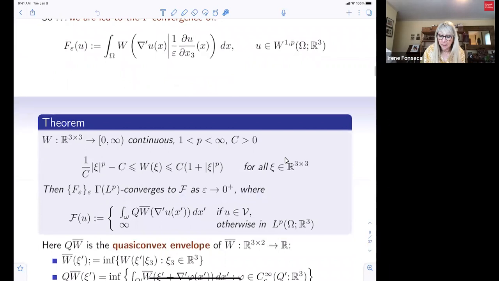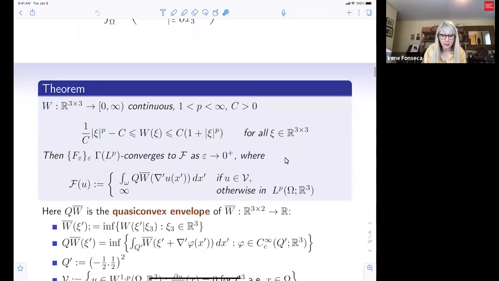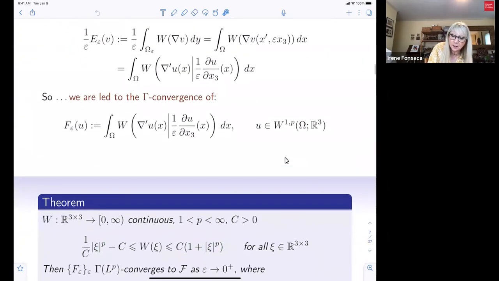And the theorem of Raoult says that, again, you start with a continuous function, suppose it has linear growth. Again, you are in trouble here if this goes to infinity with the determinant, right? Because you could not have this hypothesis here. They proved then that the new energies, which are called F epsilon, so these are the rescaled energies,